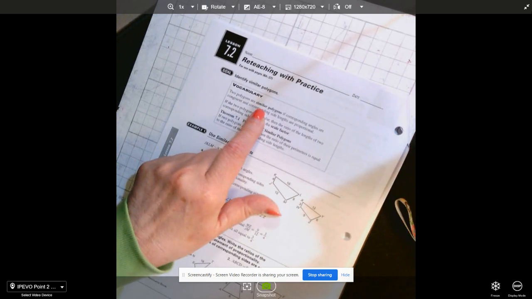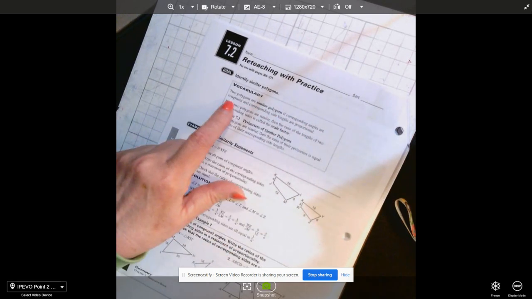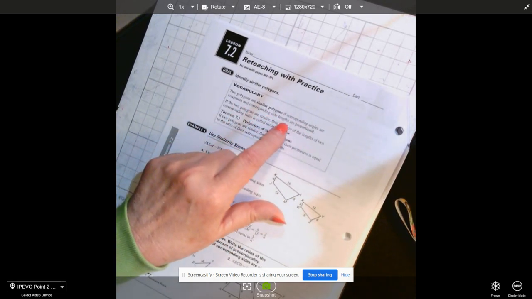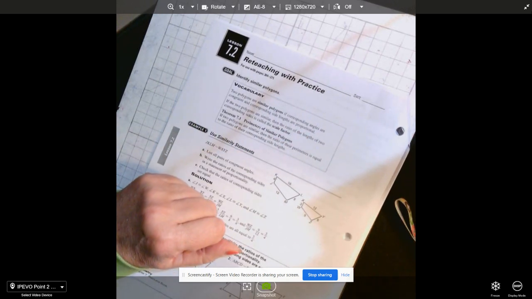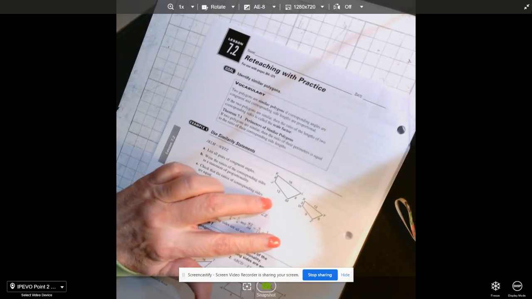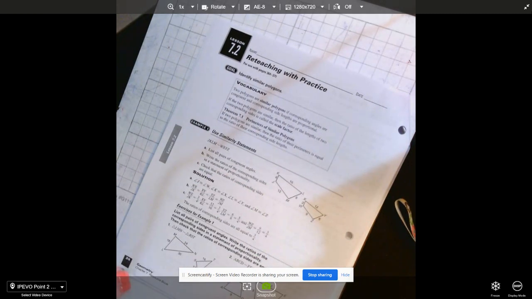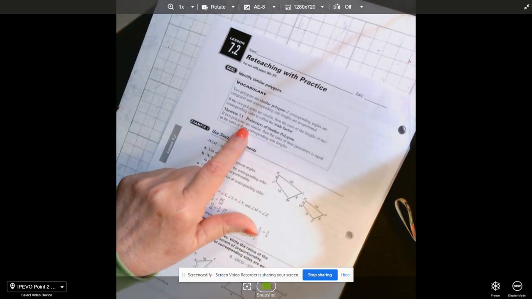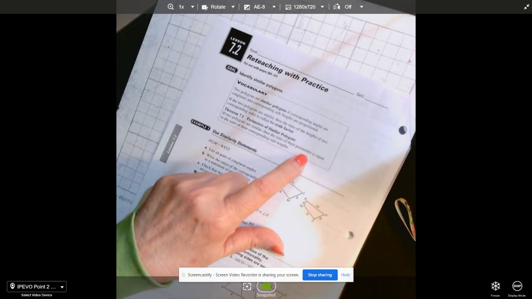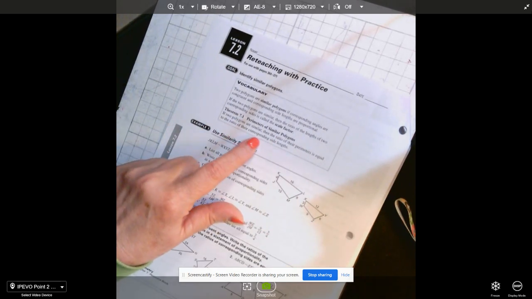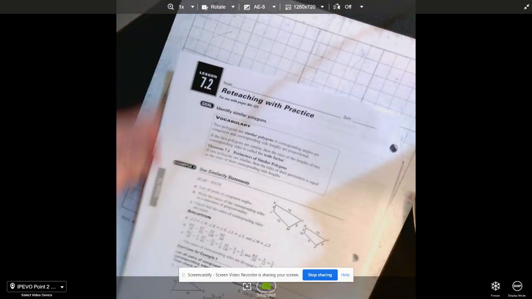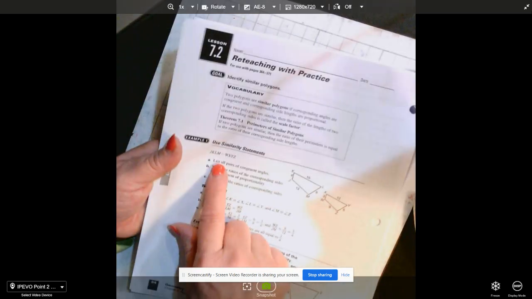Two polygons are similar if the corresponding angles are congruent and the corresponding side lengths are proportional. So that means the two shapes don't have to be necessarily the same size, but they have to be proportionately bigger or smaller than one another. And so it says if two polygons are similar, then the ratio of their perimeters is equal to the ratio of their corresponding side lengths. So if you take a look at the example number 1, it tells you that the polygon